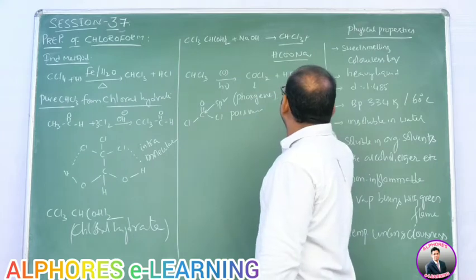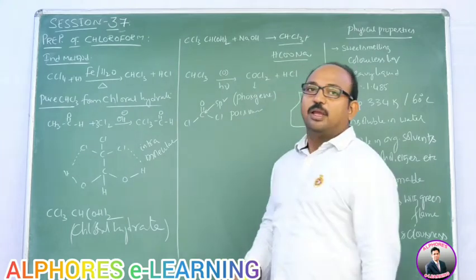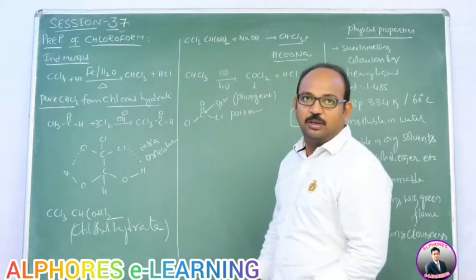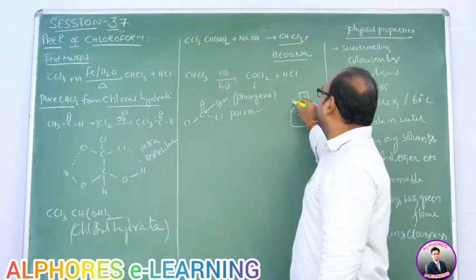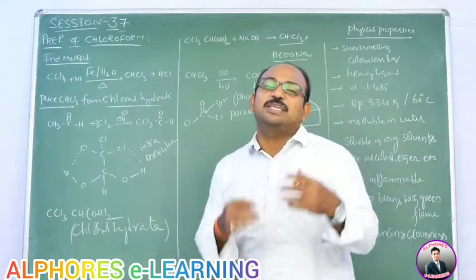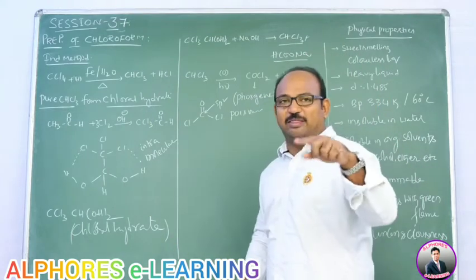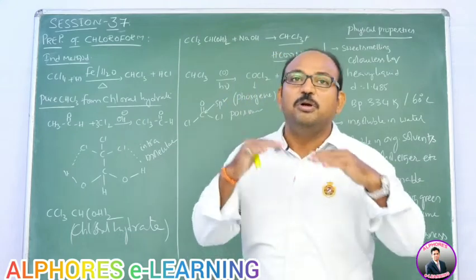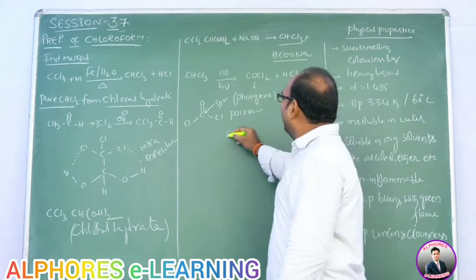Precaution number 1: first of all, you have to fill it up to the brim. You are not supposed to leave any space, because if you fill only up to here, then this is nothing but space, which means air is there. When air is there, obviously oxygen will be there. If oxygen is there, with any influence of sunlight it undergoes oxidation. So to avoid that photochemical oxidation, the first precaution is to fill it up to the brim. Point number 2, you have to use amber colored bottles.